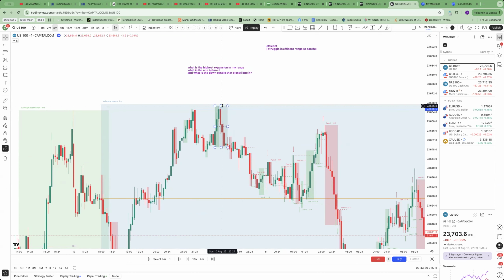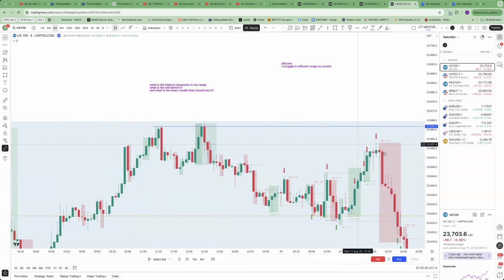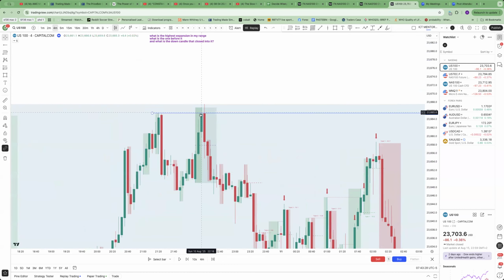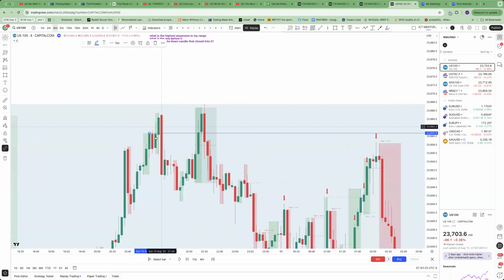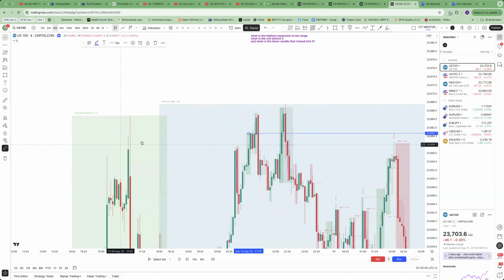So I will explain. Highest expansion in my range marked out. This is the expansion before it. But this expansion was just weak actually. So for me, I'll look at this down, but it doesn't matter. In this instance, this expansion and this expansion, they have this. So this highest expansion, this weak trade, I prefer it close, but this expansion is also going above this expansion or any expansion to our right, which is, so we have